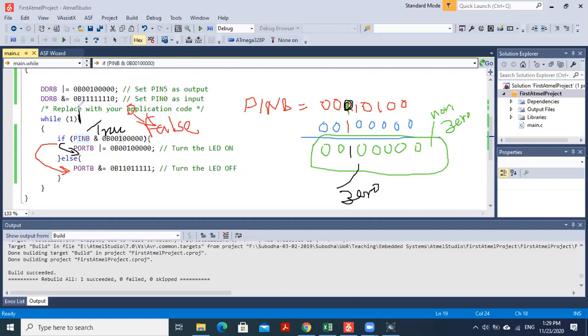So if pin 5's value is 1, this answer will be non-zero, that is logically true, so it will come in here and turn on the LED. If pin 5's value is 0, the answer of this will be 0. If that is 0, then the logical value will be false, so it will come here and turn off the LED, right? So that is what it will do.